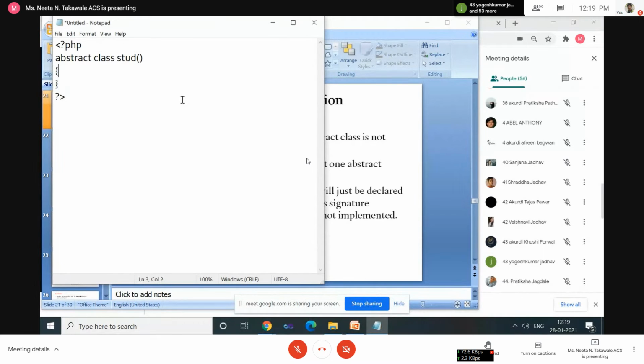Now in the abstract class, I'm declaring one method, a function display. This function we are using to display a simple message, hello.